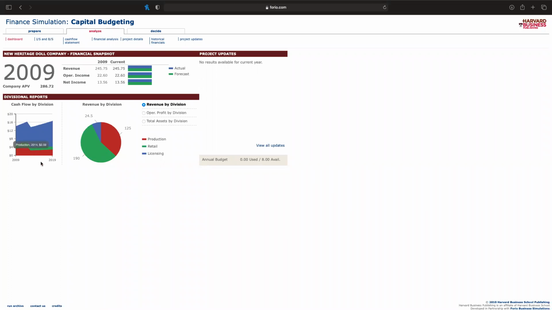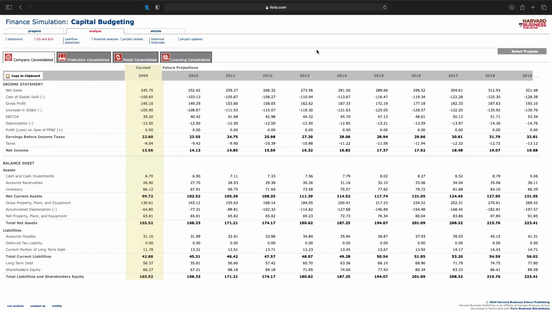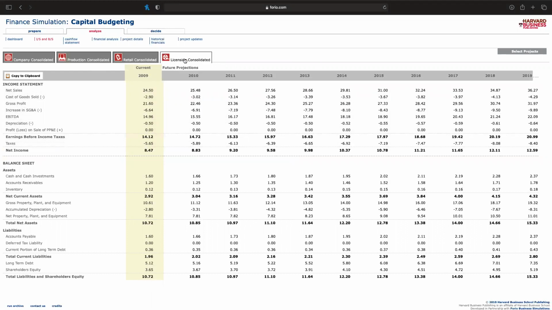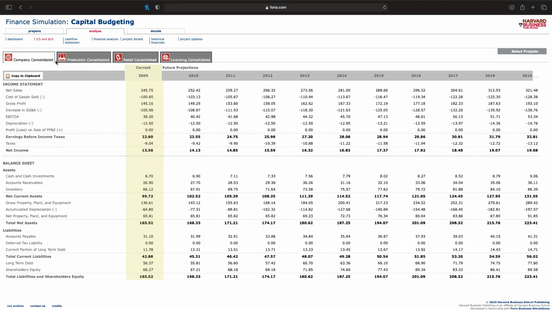We have cash flow by division, between production, retail, and licensing, and the splits based upon revenue for each of the 3 different divisions that exist there. You can see that the retail division has the highest split in terms of revenue, followed by production, followed by licensing. You also get some information around the income statement and balance sheet, from a consolidated point of view, as well as for each of the 3 different divisions. You have the ability to copy this data to the clipboard, export it to Excel if there's anything that you would like to